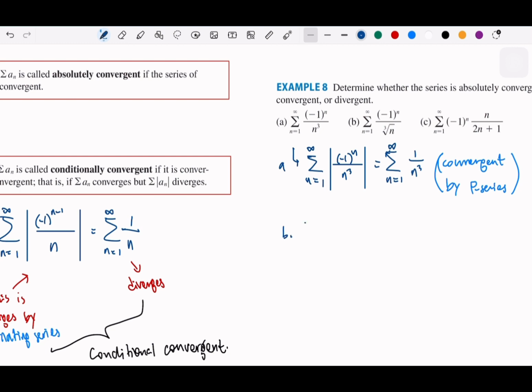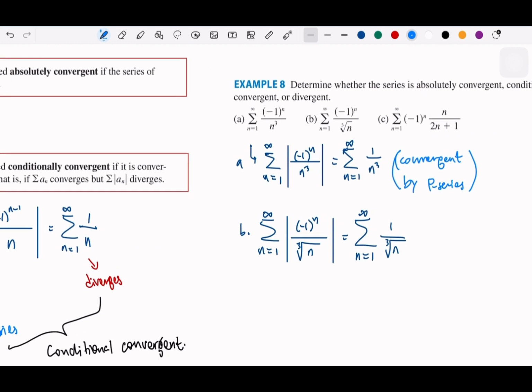And then for B, this is also a P series, but it will diverge. So this diverges,